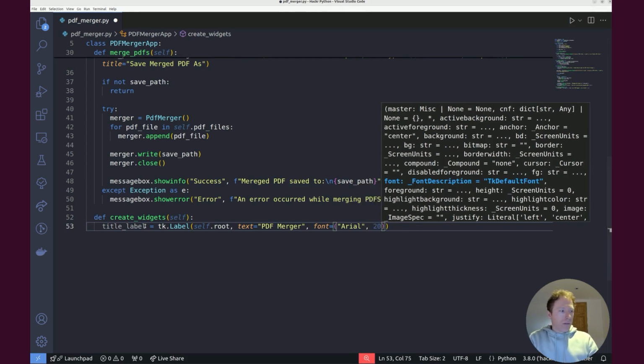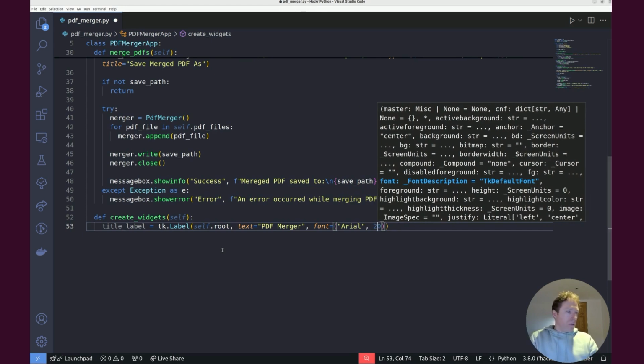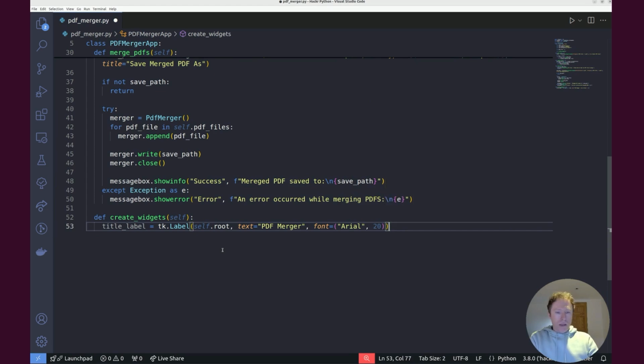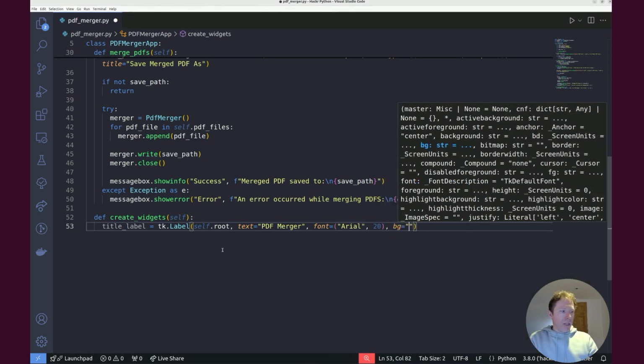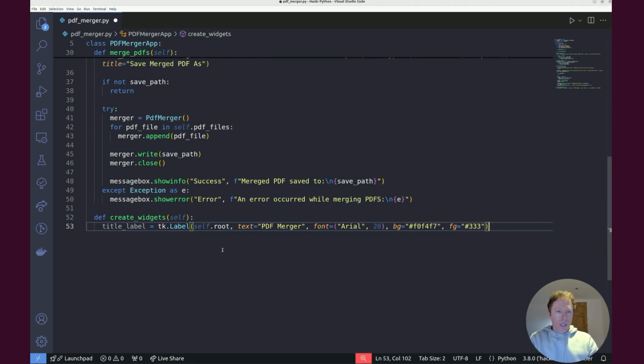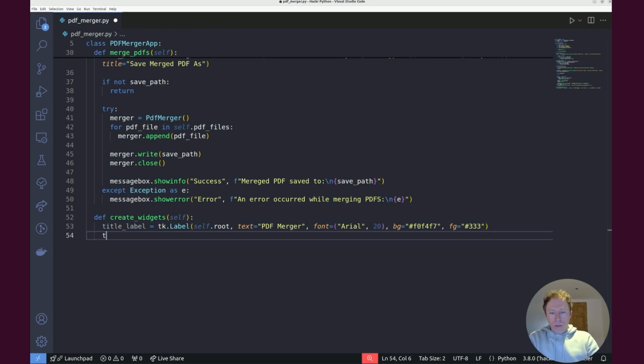And in terms of the background, what should we do? So we want to get out of that. We want bg equals, we want to be inside of this, of course. So get back inside our parentheses. Great. For bg, we're going to go with a color of F0F7. And then let's also create the foreground, and we're going to set that to 333. That looks good. Okay. So once we've done that, the next thing to do is we're going to pack this,